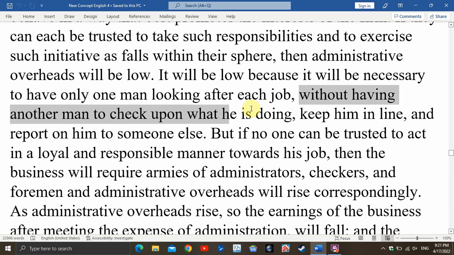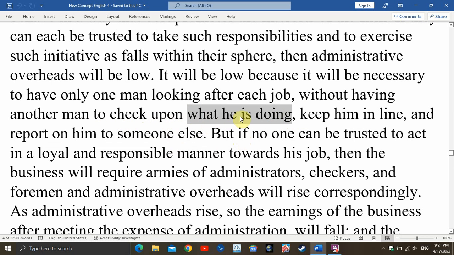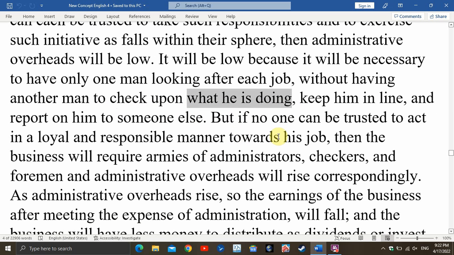having。那么这个 without having 是一个介词短语，做状语的。Without having another man，那么后面它跟了一个不定式 to check，对不对？这个不定式后面是并列的，包含了几个动词，一个是 check upon what he is doing，然后是 to keep him in line and to report on him to someone else，这三个并列作为这个不定式。好，那么第一个里面 to check upon what he is doing，这个是介词 upon 的宾语，这是一个从句，what he is doing，这个是间接疑问句，做介词 upon 的宾语，keep him in line and report on him to someone else。